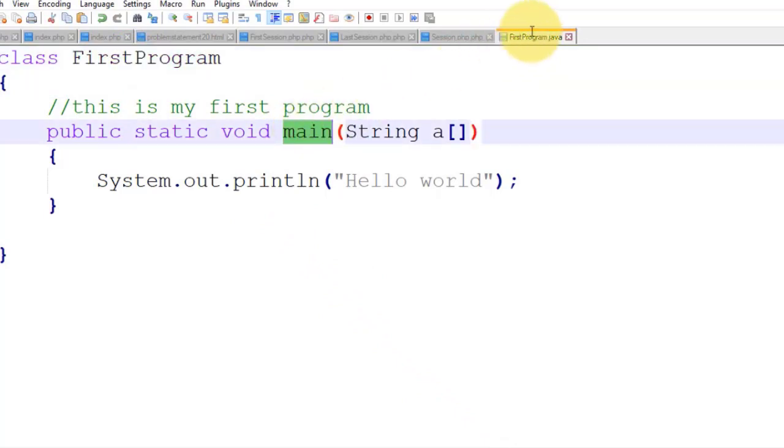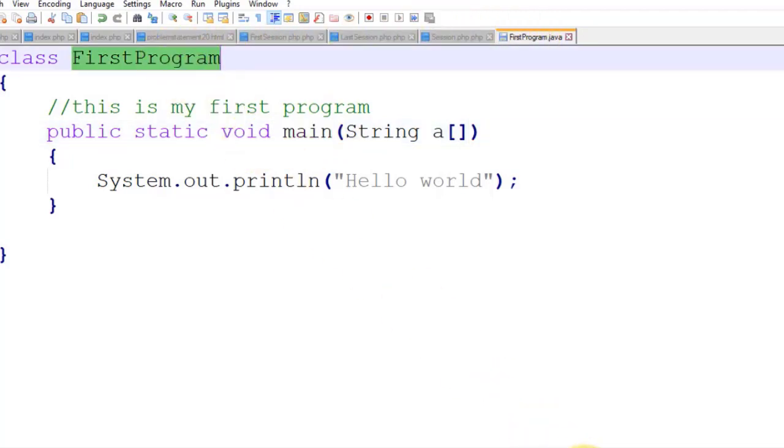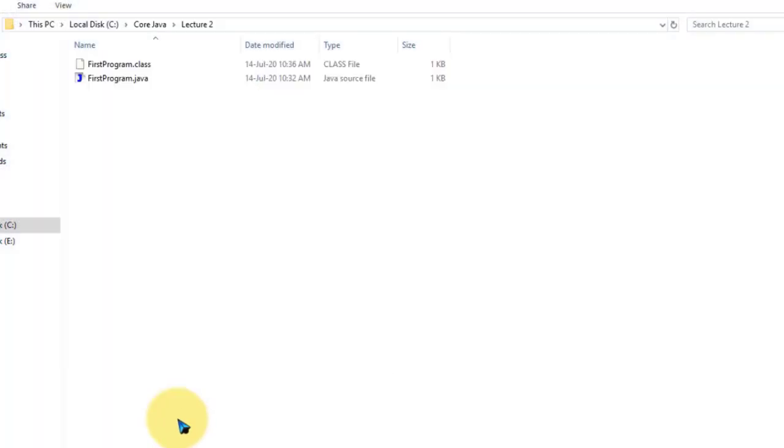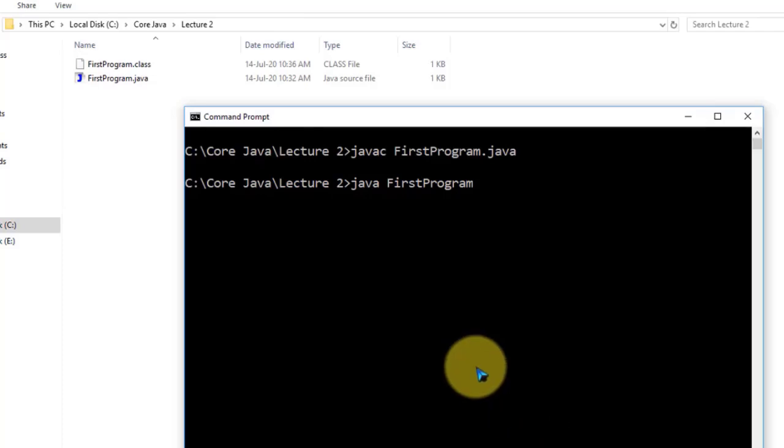For compilation I need a file, for execution I need a class. Now you just check it. Okay, I just execute. It is a little bit slow.